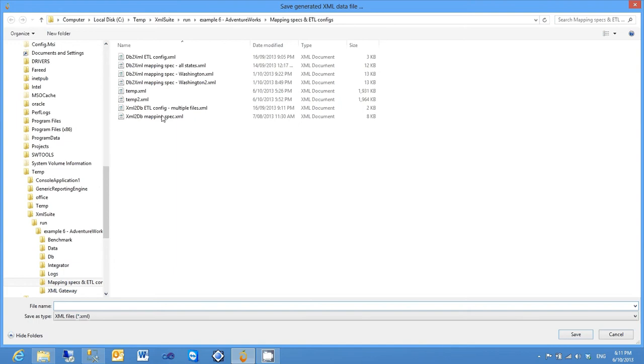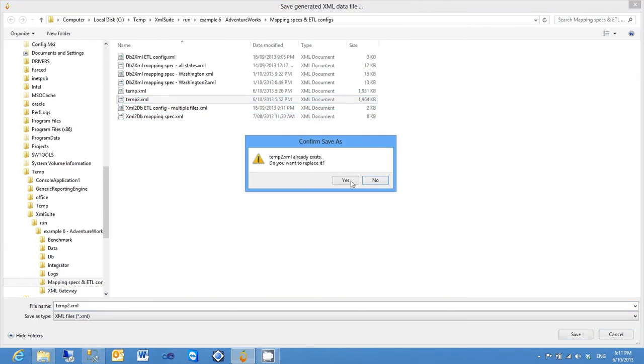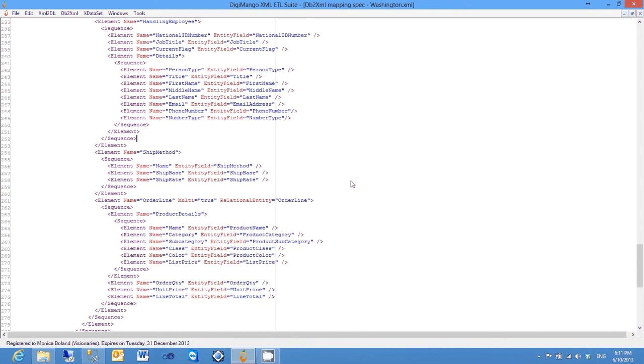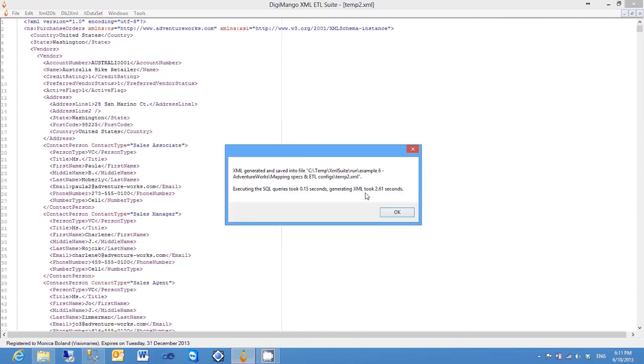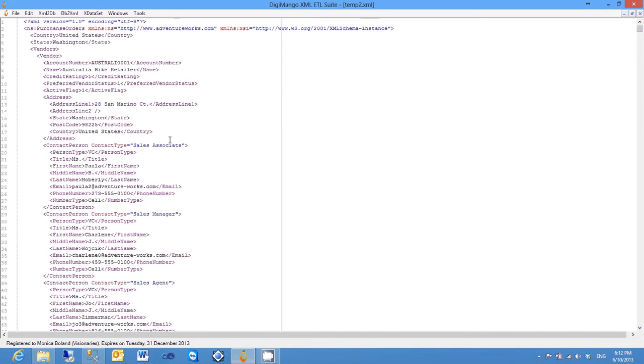And let's save it on top of temp2. Done. As you can see here, there's no contact persons element anymore, and multiple contact person elements are directly under